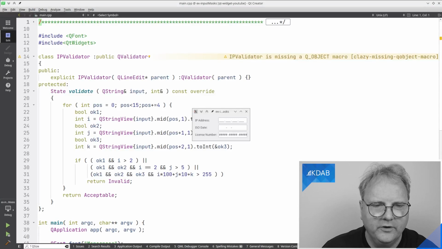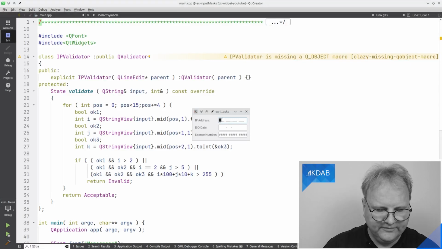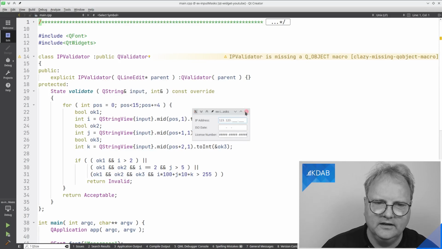So first, running the example here, you can see the input number. I could specify 999. No, I couldn't, because there's a validator. But you can see if I specify 1, 2, 3, and I move my cursor away so you can see it, 1, 2, 3, it jumps over that period. So that's a facility that otherwise will be somewhat hard to implement in Qt.